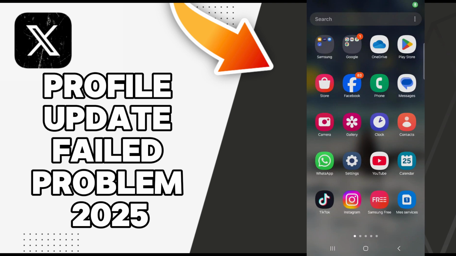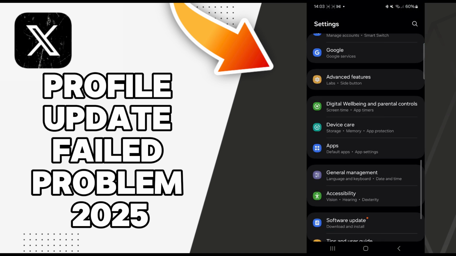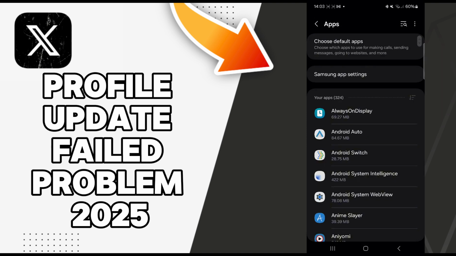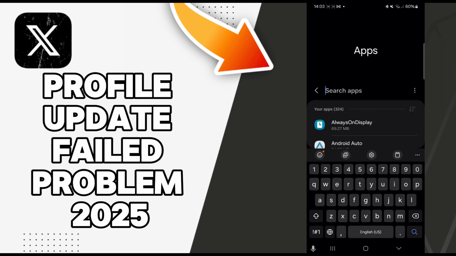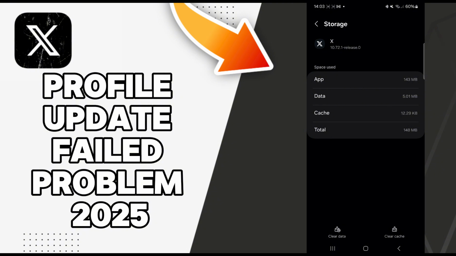Hello guys, in today's video we're going to talk about how to fix the X-Twitter profile updates failed problem. So the answer is easy. Just go to the settings and then scroll down to the apps section, and then go to the search and search X-Twitter, and next go to the storage, and here you will find this clear cache option. Click on it. Now you can go check if it worked, and if it didn't you can try to